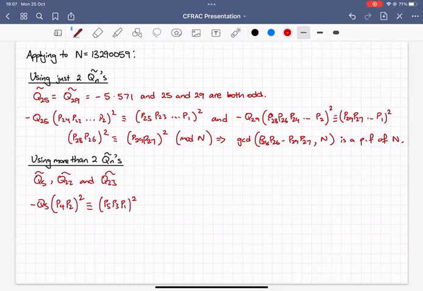Yes, that's right. We have Q22, P21, P19, P1 squared, P22, P20, P2 squared, minus